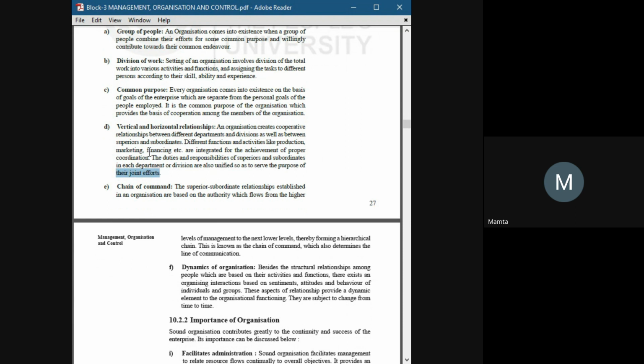All the divisions have different purposes, but they are working only for a common goal, which is to increase their sales. If the production house doesn't produce goods, then how will finance and marketing accomplish their goal? How will they work for their goal? So they are interdependent on each other and moving toward the same goal.